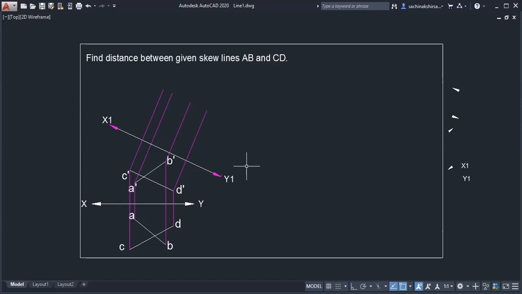Now, what words did I tell you for marking distances? Previous reference line and previous distances. Very good. The previous reference line of X1 Y1 is XY, and we have to select the previous distances. You can take the help of a compass. Here I cannot draw a compass, so I will measure and mark. You can take a point and mark it.